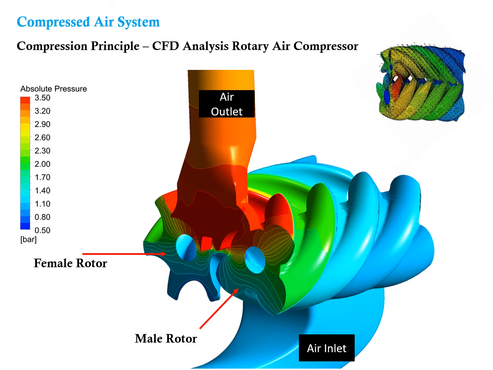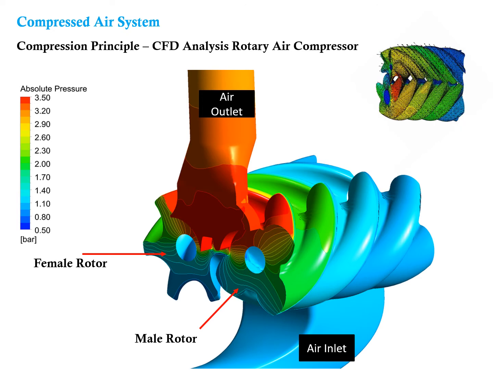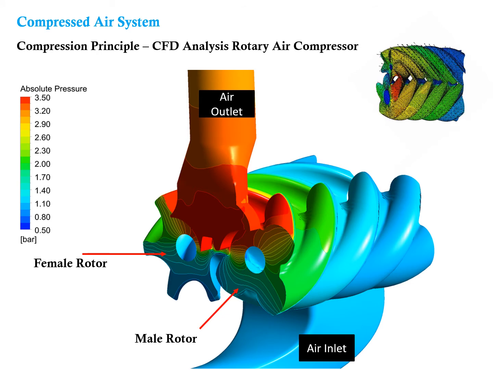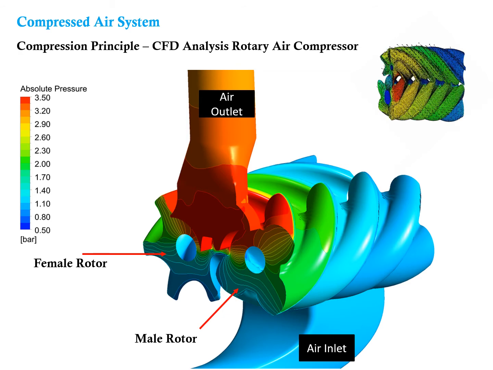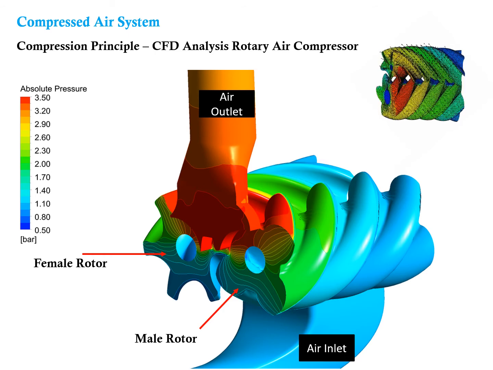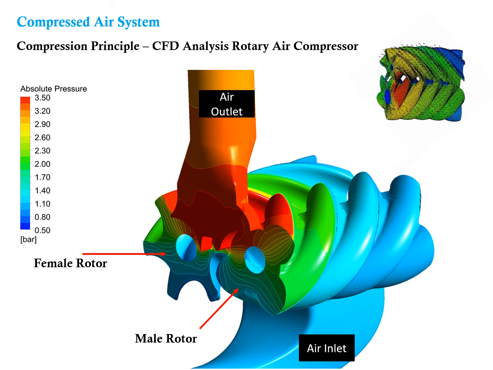This particular picture shows the CFD analysis of a rotary screw air compressor. CFD analysis means computational fluid dynamics analysis. You can use this particular technology to simulate the behavior of a fluid in a working medium. So there is a screw air compressor of 4x5 male and female rotor combination, in which air is sucked from the air inlet to the compression chamber. In the compression chamber, it is compressed and pumped out from the air outlet.